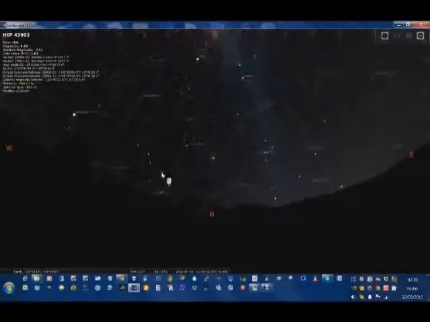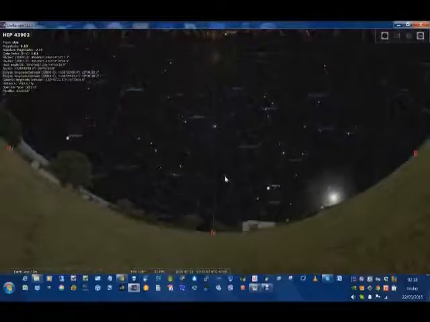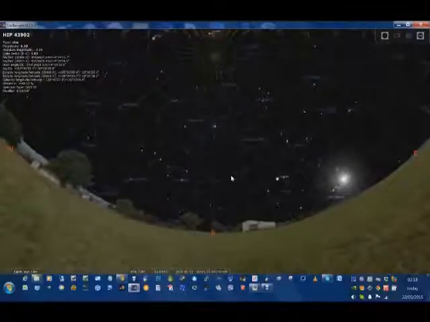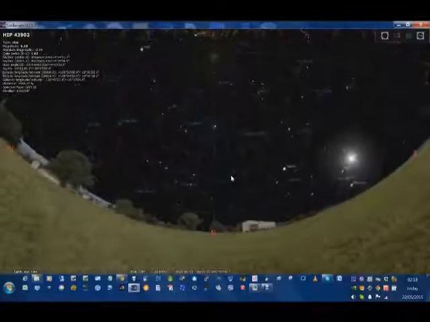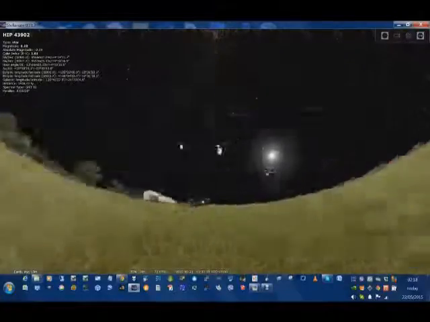We're looking at a piece of software called Stellarium. Okay, so we look up at the sky and face north, and there we go, everything is rotating anti-clockwise around Polaris. Now if we face south,